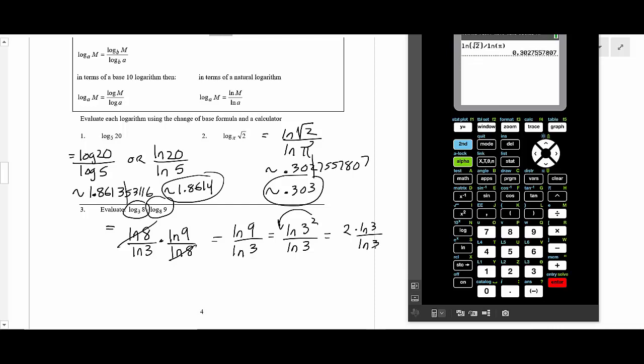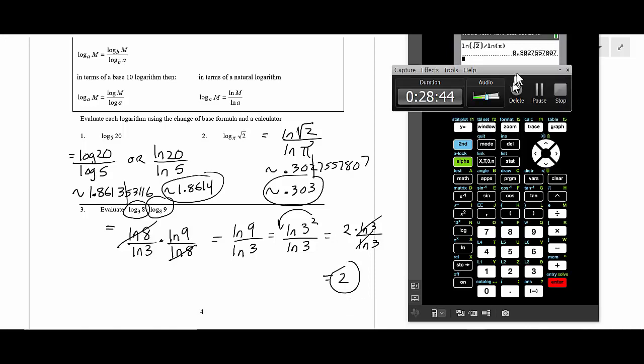What's the answer to this problem? 2. Good. Those things cross out, so that's your answer to your problem. So I didn't have to touch my calculator. You could, and I promise you if you did, you would have got 2 anyway, see? Okay? So sometimes you can use the properties to simplify your logarithmic expressions fairly well then, okay? Okay, well let me close this off. That takes us about where I want